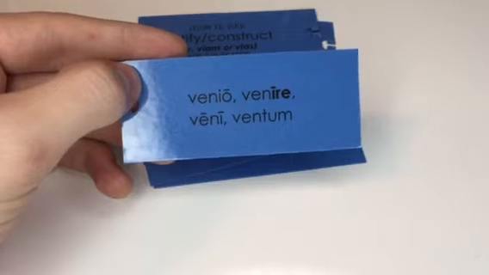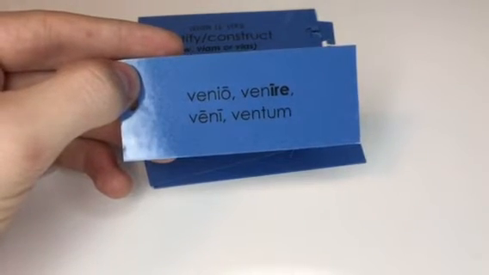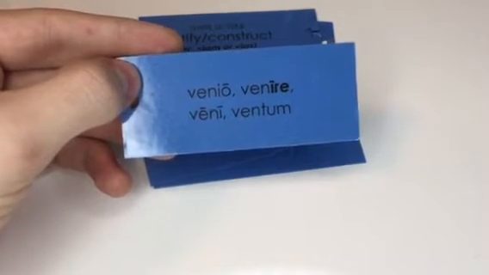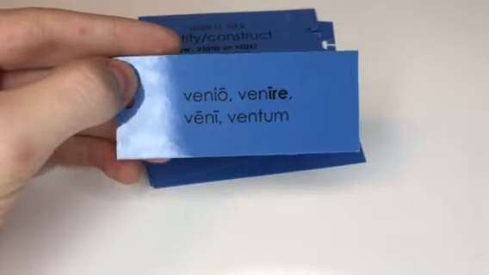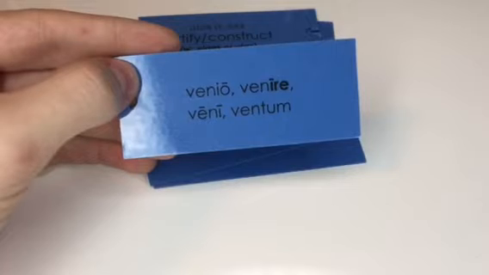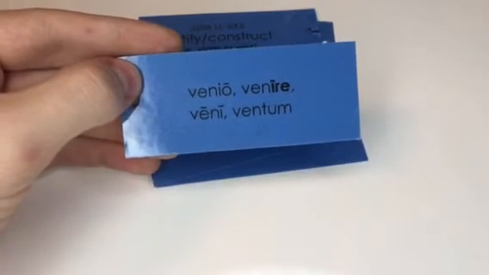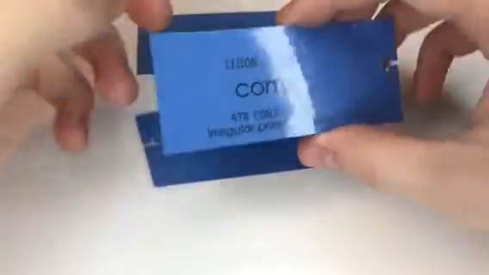But this verb right here is used a lot. I'm just going to tell you from experience. So make sure and memorize this one. And we've actually seen a couple of different expanded forms of this word. We've seen adventus in the fourth declension, remember, which means arrival or coming. That is kind of the noun version, and it had an AD in front of it. But this word right here means come.